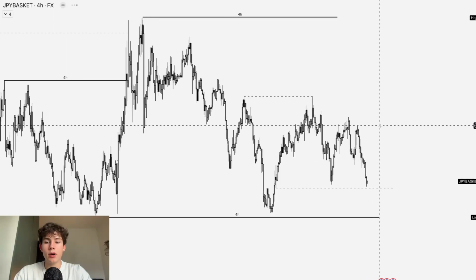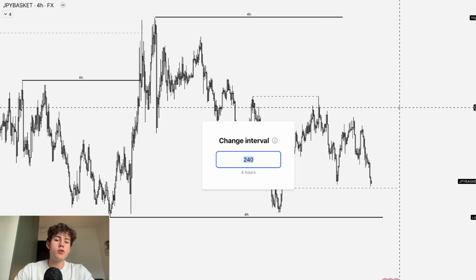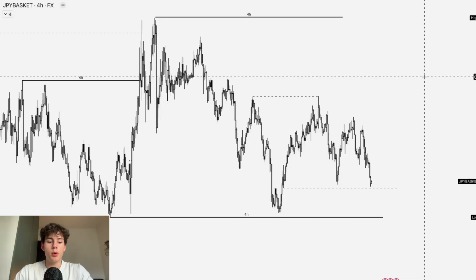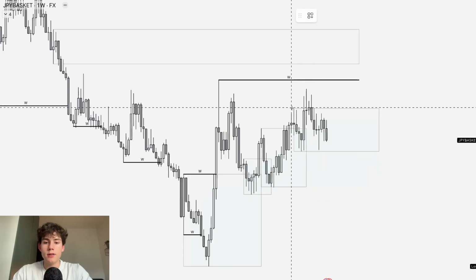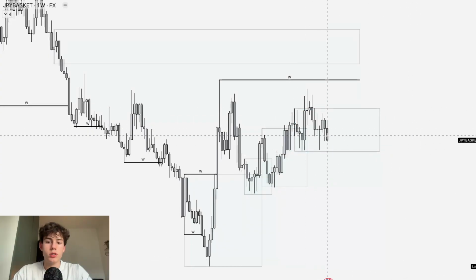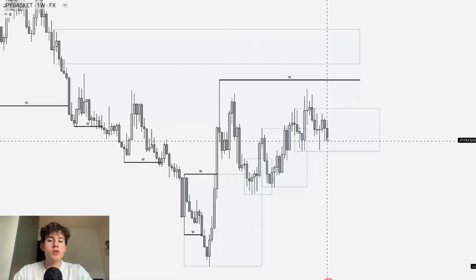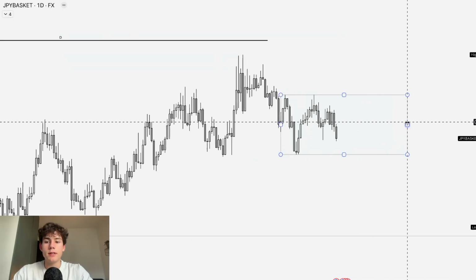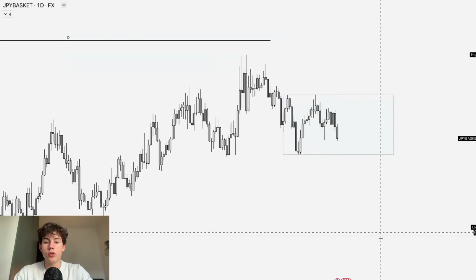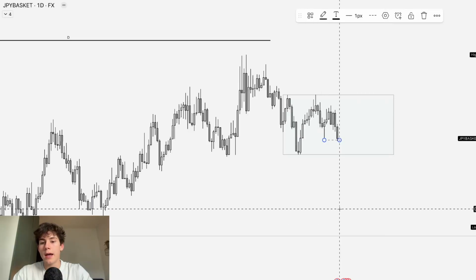Looking at the yen basket, I'm not sure because we are bullish, but let's first go over to the weekly time frame. But yeah, still a bit confusing in my opinion. So we have this demand zone which is in control, which could push price up higher. We are also bullish and we have bullish order flow, so we could definitely trade up higher. On the daily time frame, we also have this daily demand being in control, and now that we took this daily liquidity underneath this low, we could see a reaction up higher.